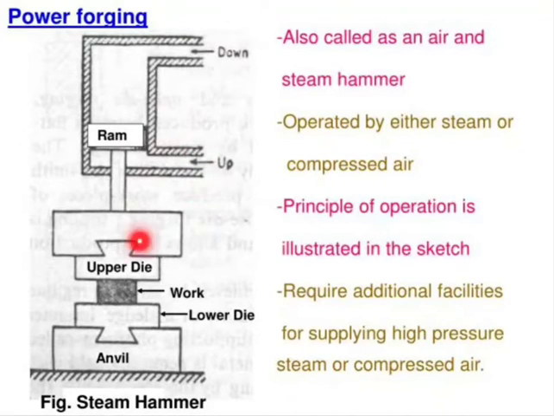Here, when you hammer it with the help of this ram, we apply the force, and this die has some impression that shapes the work. That shape is automatically formed, reaching the temperature because of the high forces applied by this ram, and the work will occupy the space of the impression.